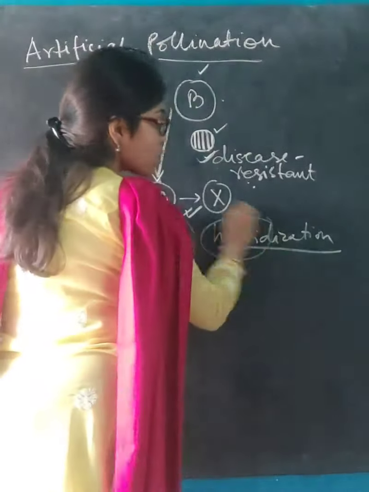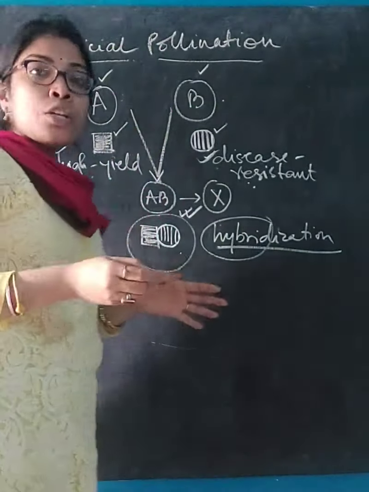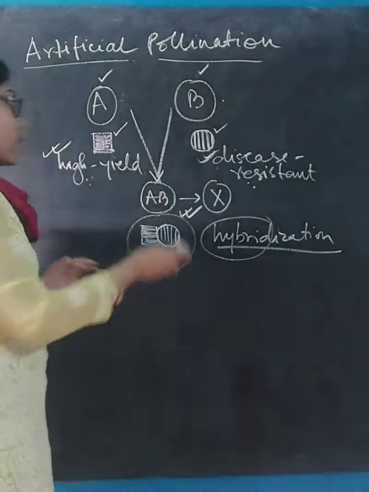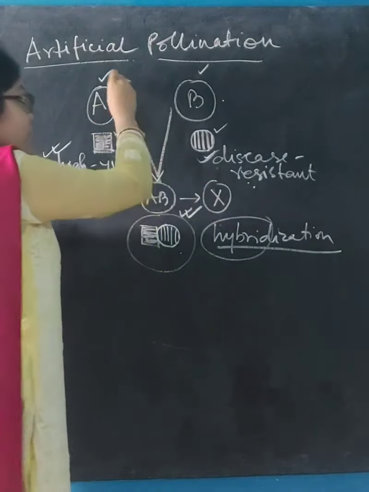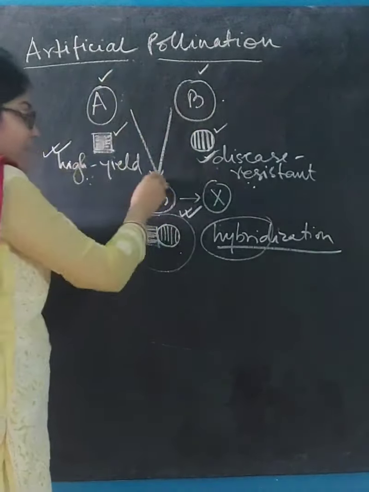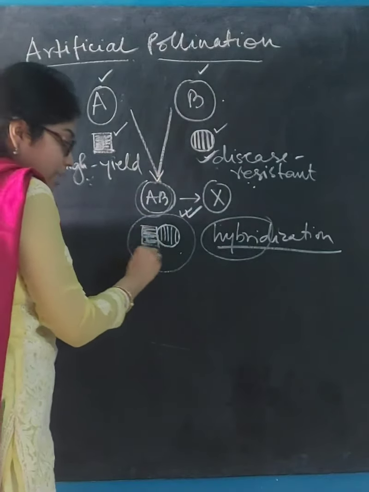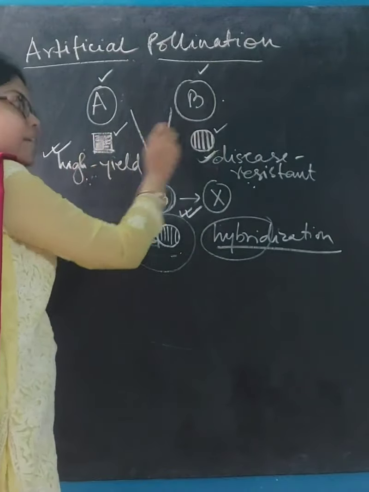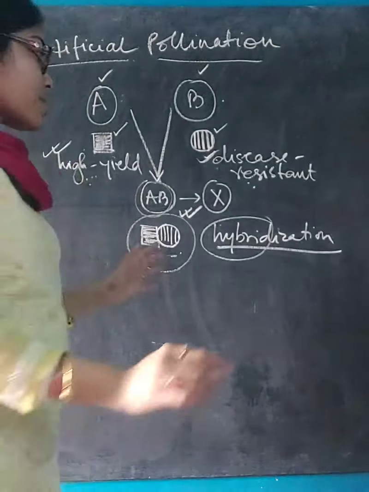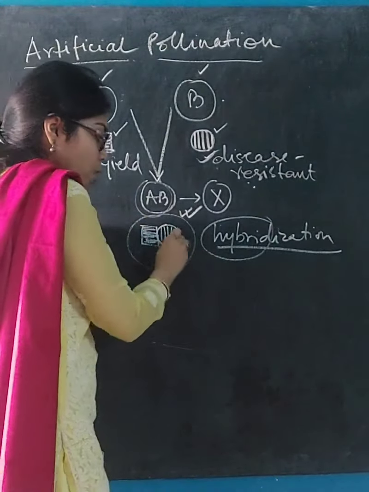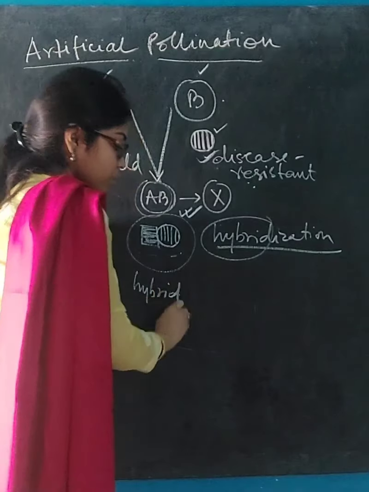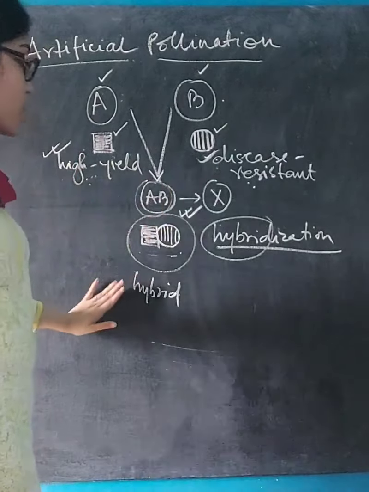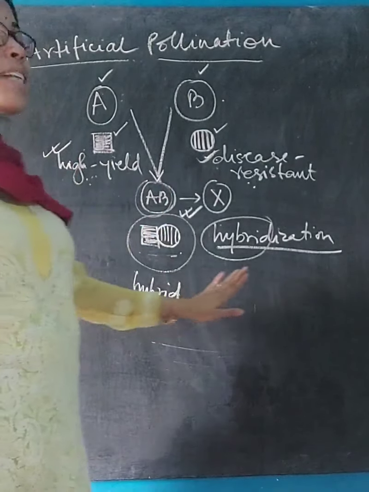Now, talking about this word hybrid, hybrid means a combination of two or a mixture of two. So here basically that is only happening, right? So a mixture or a combination of this A and B are taking place, and we are getting AB, where all its basic properties are a mixture of both of these, that means high yielding and also disease resistant. So a hybrid is being produced here, right? So this process of producing this hybrid variety of crop or plant is known as hybridization.